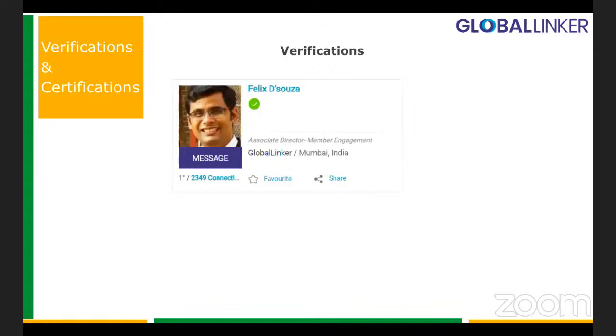Now you also have your own individual eBiz card when you create an account on the GlobalLinker platform, and we very clearly display the verification mark over there. So when a person is seeing some other business profile, or somebody's own personal profile as well, the verification mark is displayed prominently, so that the business gets that due trust created in the eyes of the particular buyer.